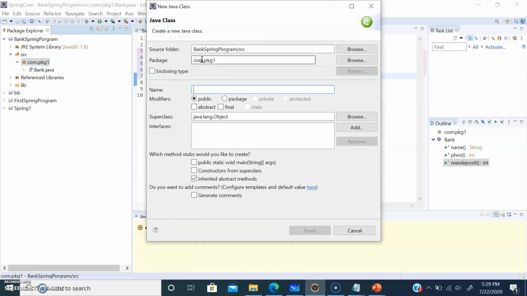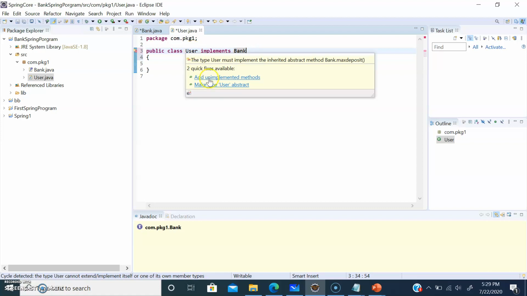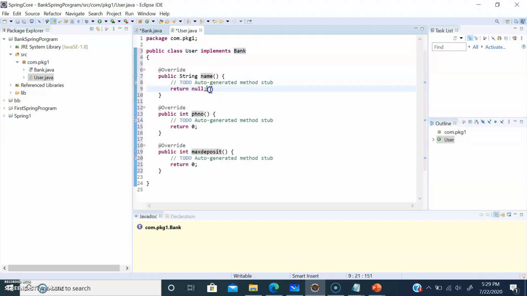Then I'm going to create another class, User. Let me implement the interface, implement Bank. Let me override all the methods and give an implementation.